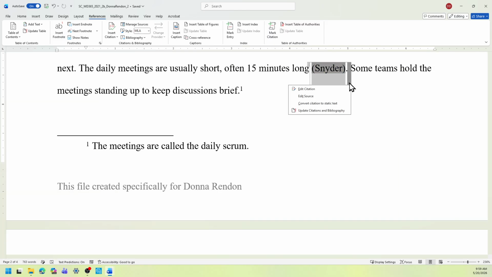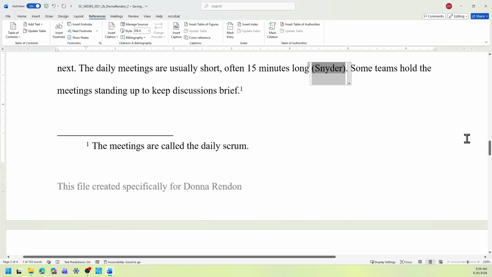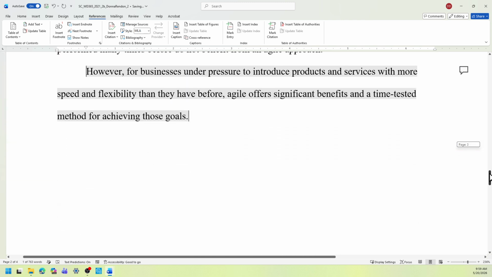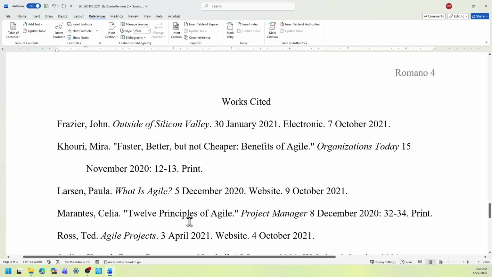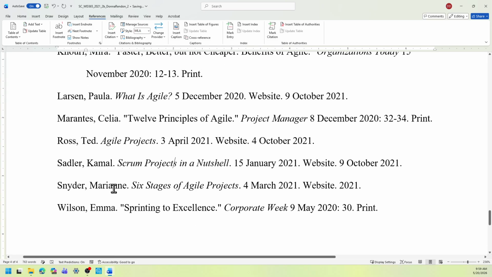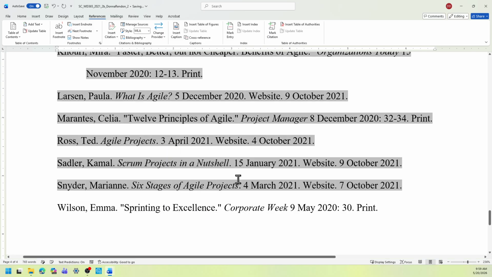Okay, so click the drop-down menu, and I'm going to edit the source and add the word October in the month accessed. Okay, and then I'm going to go to the works cited page, click here in the Snyder, and then I'm going to just update the field. Now it added October 2021.